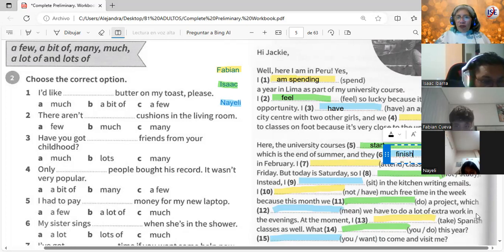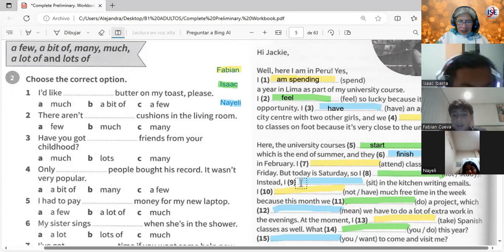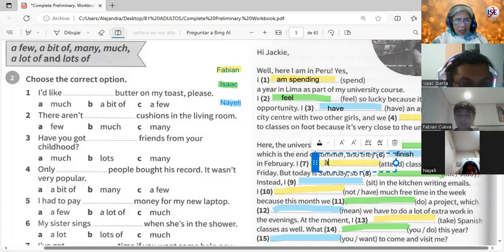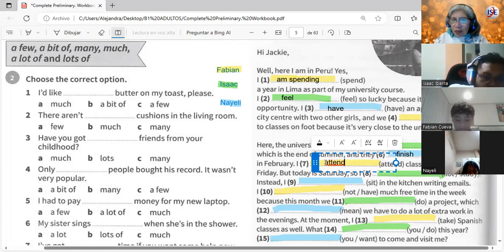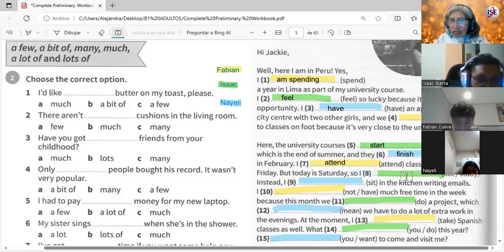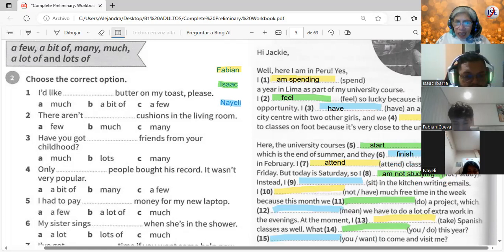I attend class Monday to Friday. Attend, asistir. Attend class Monday to Friday, but today is Saturday. So what happens to her? I'm not studying. I am not studying during that day. Instead,